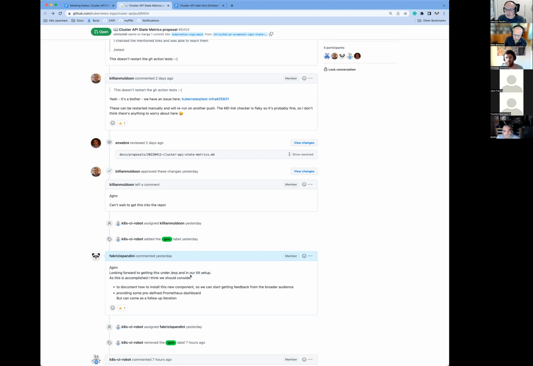As soon as we have this in, we will quickly make metrics available for all Cluster API developers using Tilt, and we will also provide instructions on how to install it for the wider community. This will hopefully trigger a nice feedback loop that will drive the next step of this effort. So thank you very much.